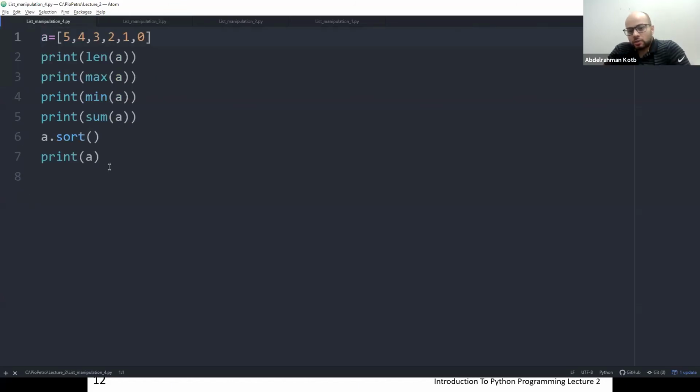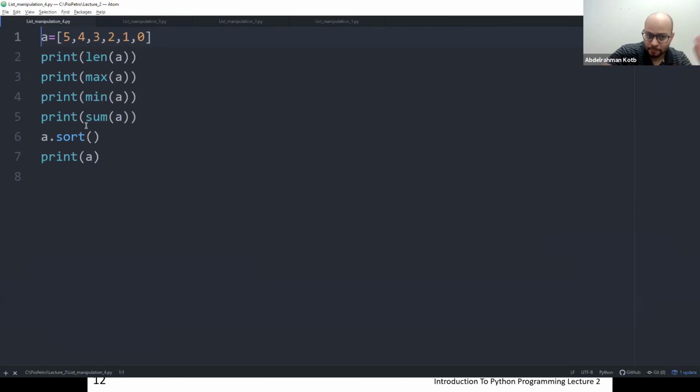Another thing I wanted to talk about was a lot of functions that are very useful. The first one is length, len. It gives you the length. So you have 1, 2, 3, 4, 5, 6. It's similar to strings, in that it counts the number of elements.